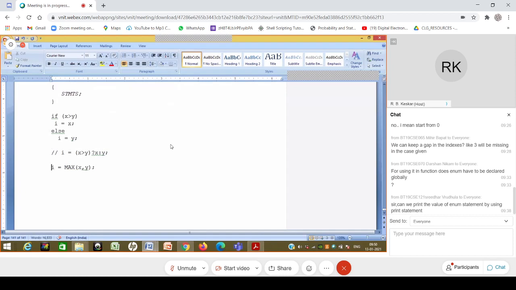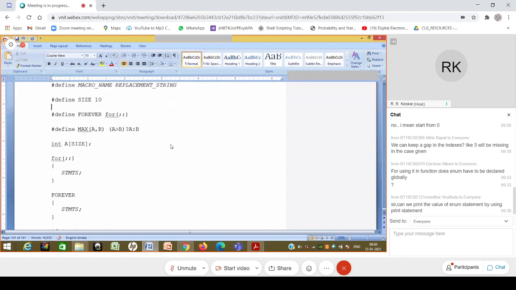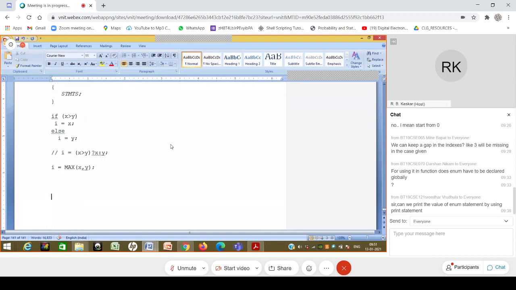So I can write a macro which looks like a function, and I can use it like this. This right hand side is a little bit longer than a single value, and I can use it as it is, and it actually parameterizes it in the sense that it takes this A and B as parameters, and whatever I pass, X and Y, it replaces A with X and B with Y, and then what I get is what I want. So this is possible. This is number 2.